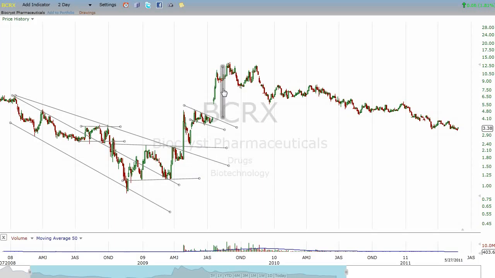Now, once we got up here and this thing was banging up on 12 and 13 bucks, what did we get at the top here? Well, we got a little double top. However, while this was forming, did we know it was a double top? Or did we think it's possible this was a consolidation?